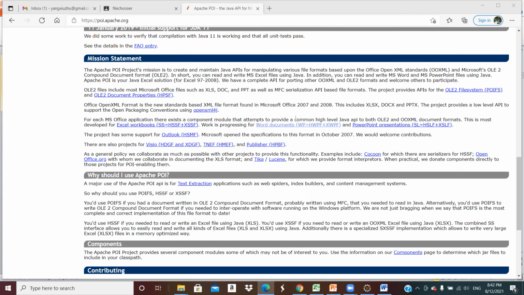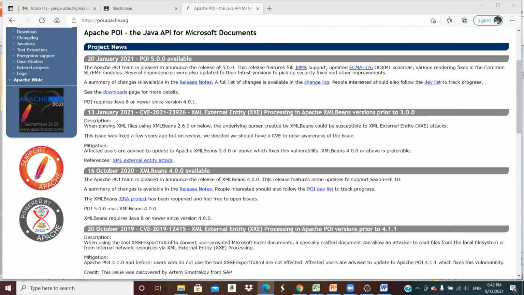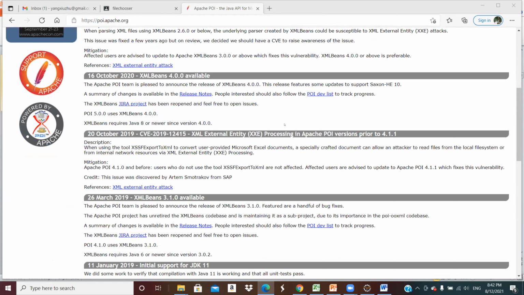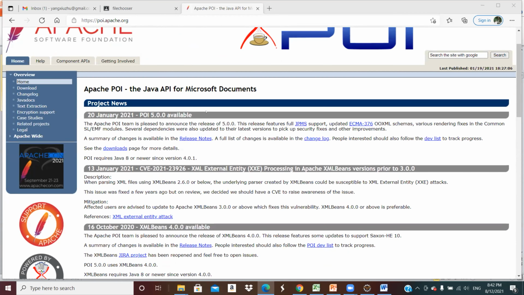Then you search the internet and find if there are other tools you can use. That's what we do very often. So POI is a tool we're going to use. Usually, okay, let me say,